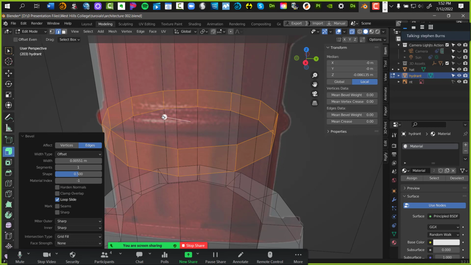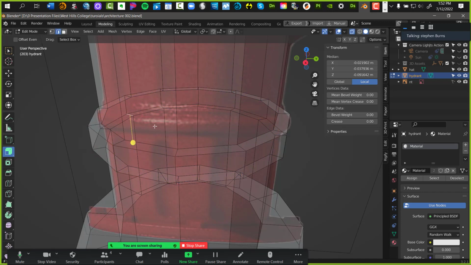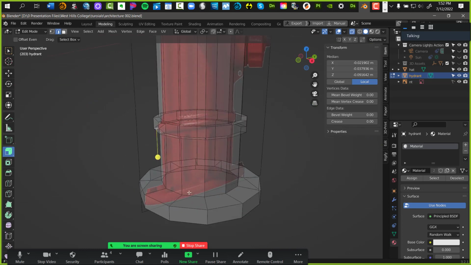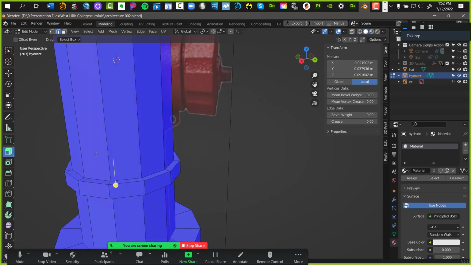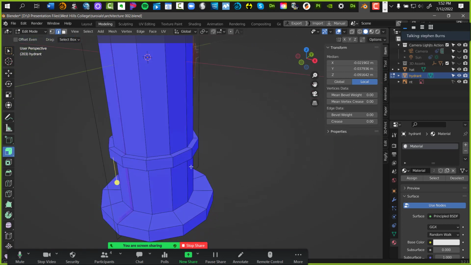So all I'm going to do is grab the handlebar, pull it out to get extra geometry to look like this. If we turn off the X-ray temporarily, see, that's what we've done.